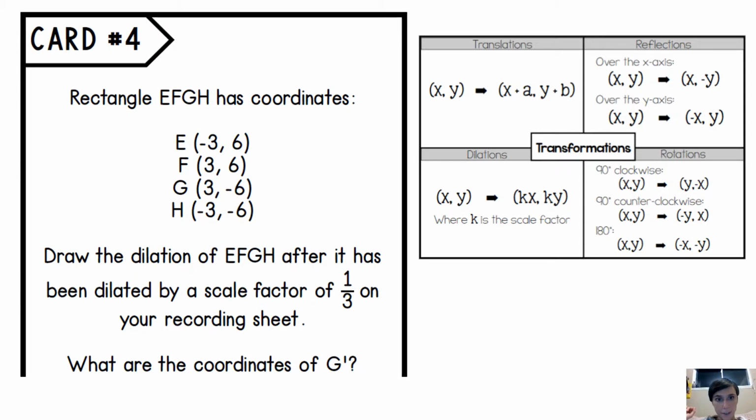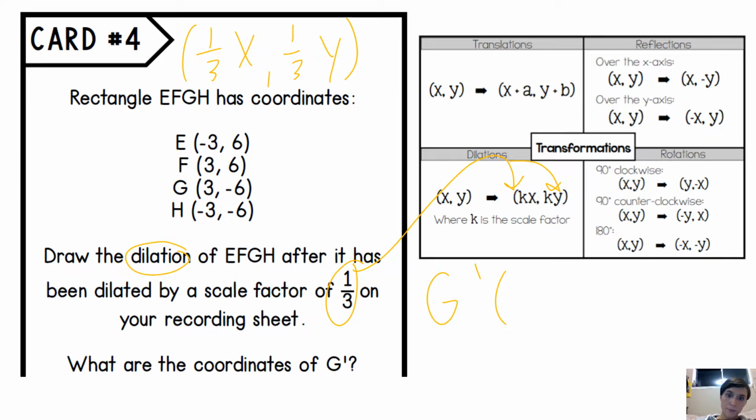Rectangle EFGH has coordinates blah blah blah. Draw the dilation after it has been dilated by a factor of a third. So this k is going to be a third, so it's going to look like this. 1/3 x, comma 1/3 y would be the rule. And then the new coordinates of g, so g prime would be